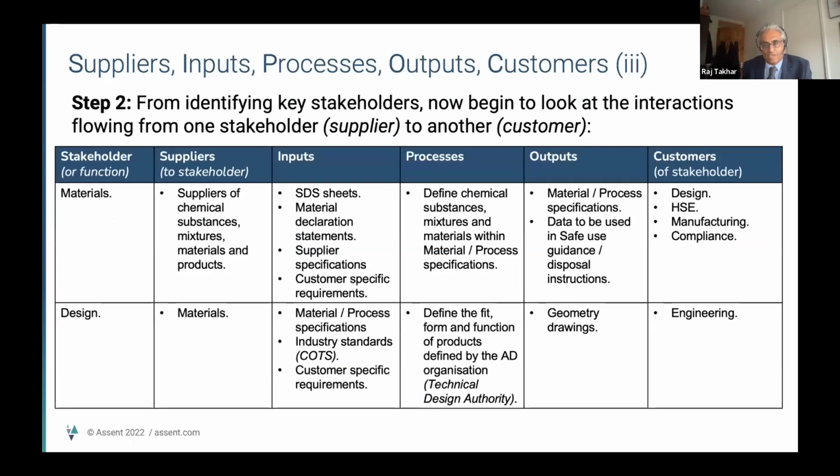And so I'll quickly go through these, but you can see that from the original materials function, a stakeholder to those guys are the actual companies that provide chemicals from the chemical sector. They give you data like in material sheets and statements, and some of these requirements could be from customer requirements. But for the materials function, they're going to define the chemicals and substances and mixtures that will appear on material, which is like the finished product, and process, which could be used in the process of